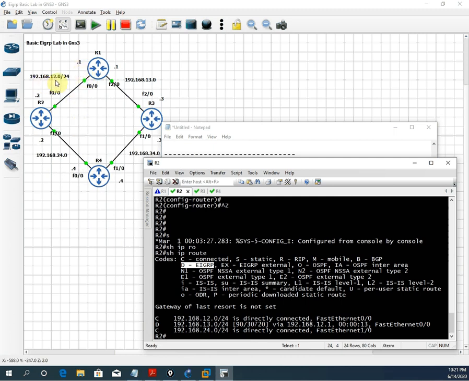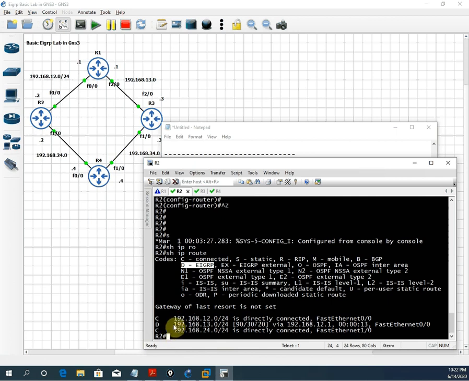This is 192.168.12.1. So R2 has the route to this one, saying that if you have any packet, forward it to this interface. So in R2 we get the route, and D means EIGRP. If you see here, this is EIGRP.